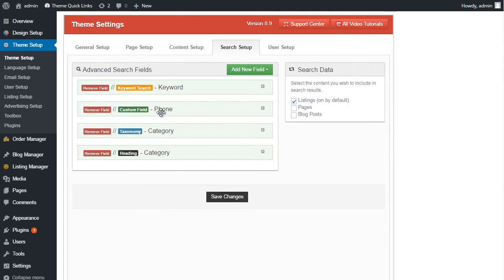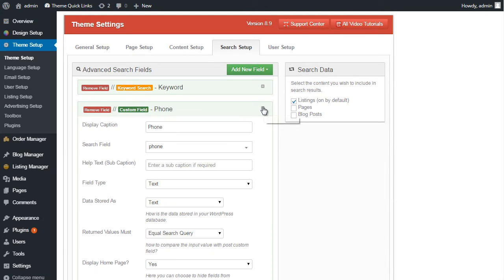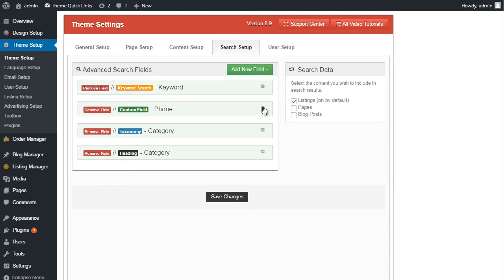The next one down is custom field, and to add a new custom field we simply select add new field, and the second one down is custom field. Custom fields allow you to search through any of the custom fields that you create yourself or in the admin area of your WordPress website, and the options here can be seen by clicking on the plus sign, or we can remove the field should we wish to using the remove field option. I'll demonstrate in a moment how to create and customize custom fields